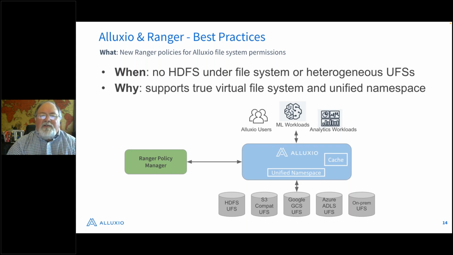So Alluxio users that are using Python or other environments, or using machine learning environments or analytic environments, can access Alluxio and, through the unified namespace, access data in different heterogeneous data stores at the same time.